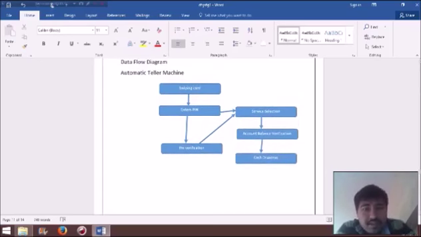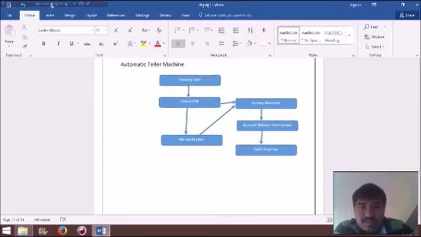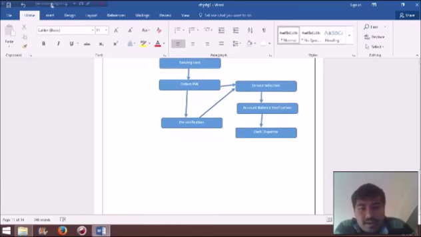So first, in the data flow diagram, after swiping your ATM card on the ATM machine, the details of your card will be shown on the screen. That data will be flowing through the card and the ATM machine. So your name will be displayed on the screen, and then you will be asked to enter the pin. After you have entered the pin, if it gets verified and is correct, then